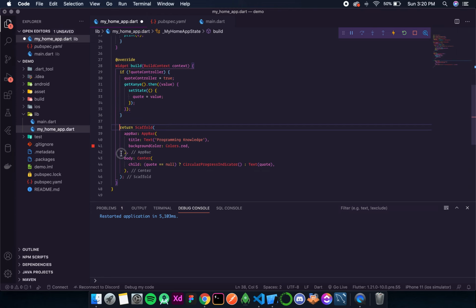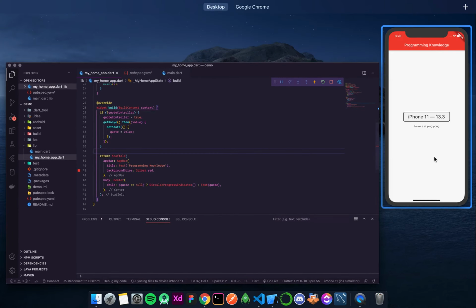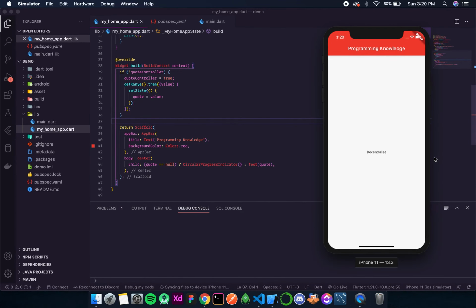It will simply render this return statement. Okay, so I hope everything is clear. Let's do a full restart. And you can see it updated only once. So now it will not update, and it is not updating.